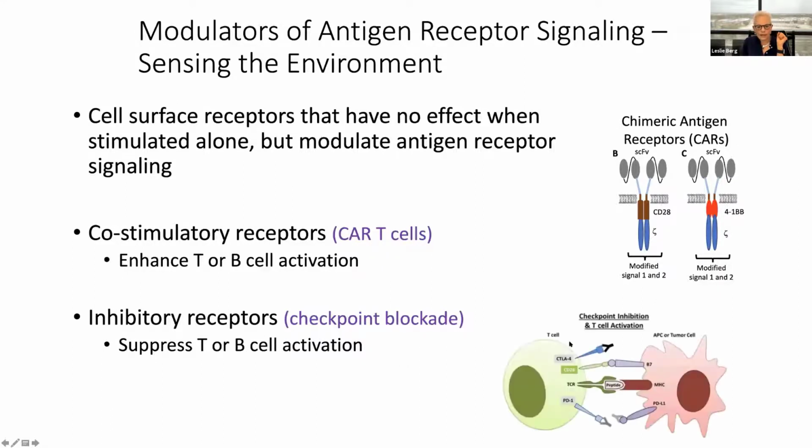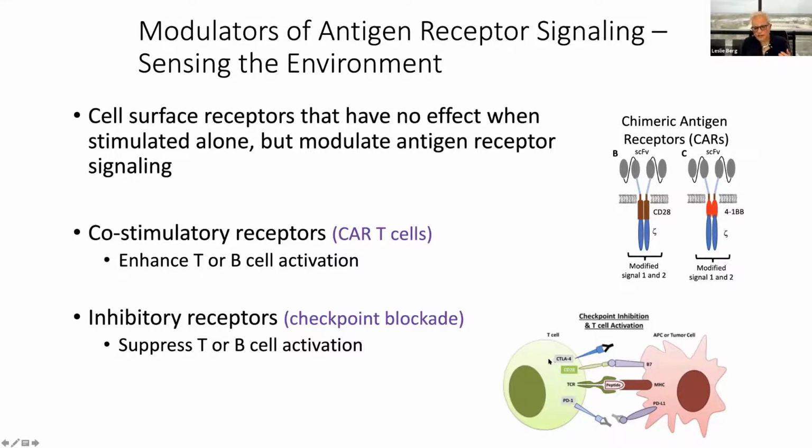And so when you have upregulation of an inhibitory receptor, let's say on a T cell, now when that T cell finds its antigen, let's say on a tumor cell, it's not going to be able to kill the tumor cell, because it's got inhibitory receptors that are engaged that are going to shut off the activation of the T cell. And so checkpoint blockade treatments